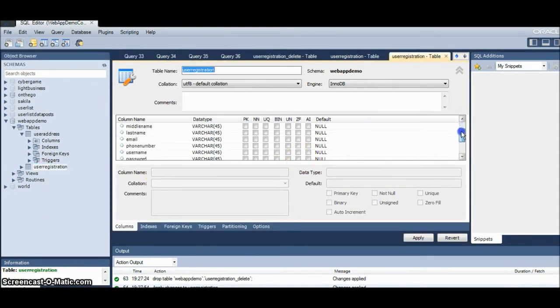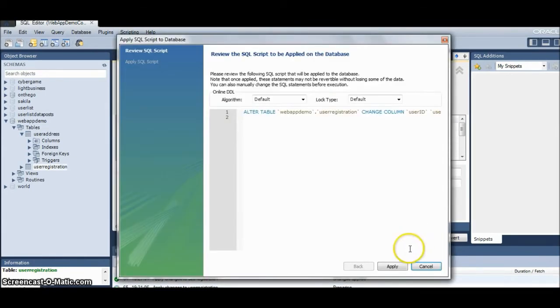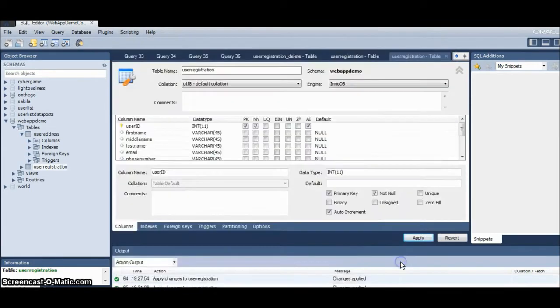I think I had it up already, but if you look over here at user ID, you'll see several columns here, and the one thing I want you to do is, if you look at AI auto incremental, check that box off and apply it. This is going to help later, because the code I'm going to show you right now to write to the database,